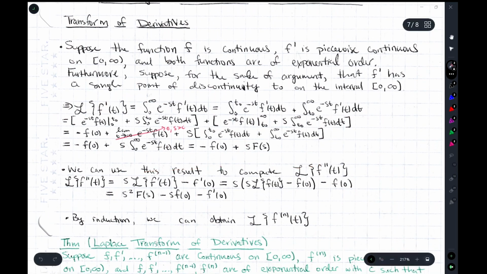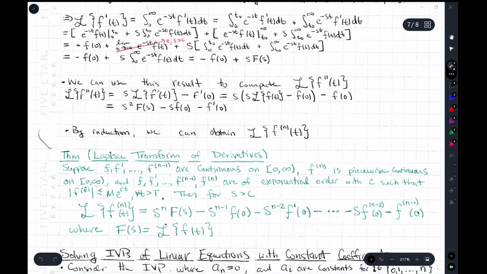Now we could do this again for f double prime, the second derivative. And we could do this iteratively. The second derivative is just the derivative of the first derivative, so you end up with this expression. Instead of the Laplace transform of f, we have the Laplace transform of f prime minus f prime of 0, with that s there. And now we know this, we just finished computing it, and so we get this expression. And by induction, so proving by induction,